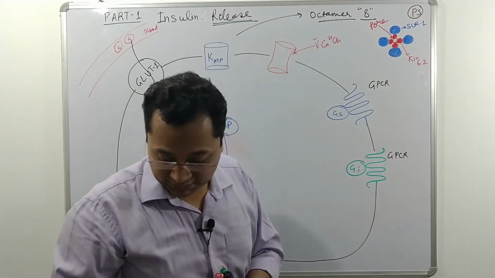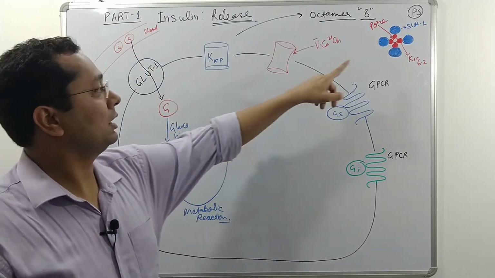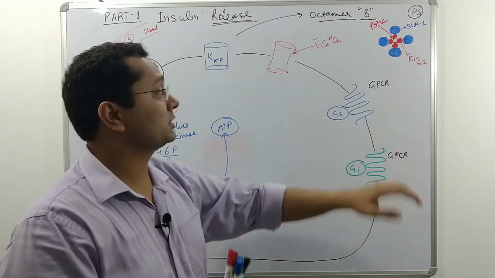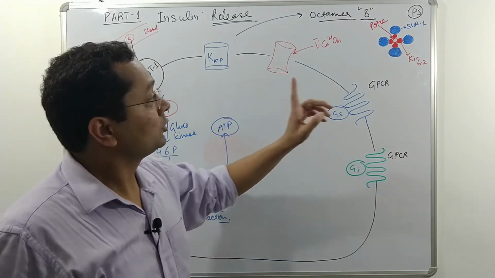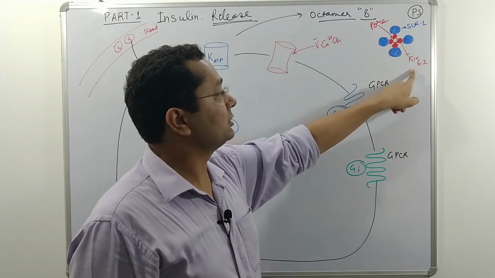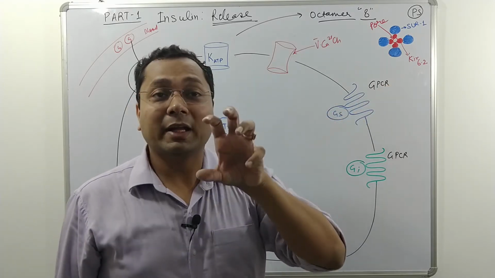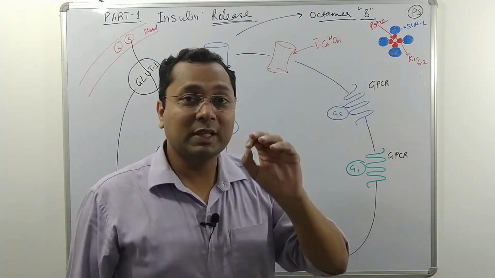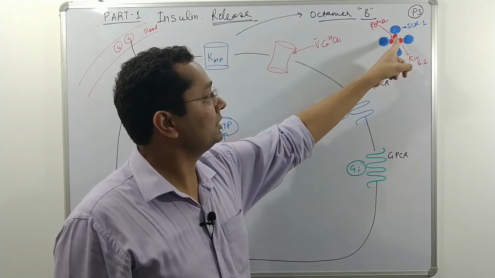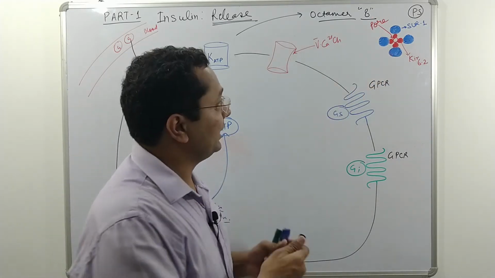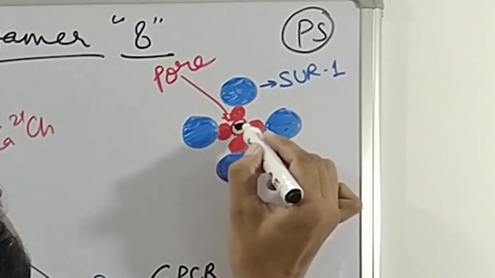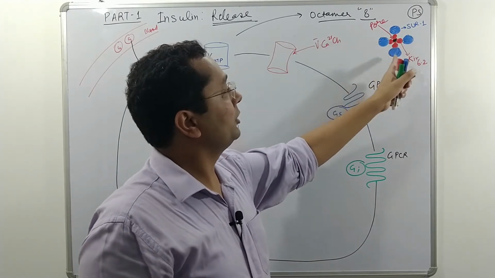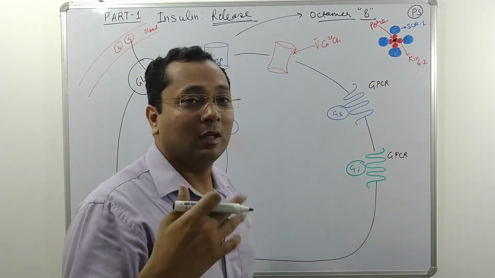Now we have to see this very clearly. This is an ATP sensitive potassium channel, and this is the top view. You are viewing it from the top. We can say it is a transverse section of this ATP sensitive potassium channel. It is made up of two components. First is KIR 6.2. These are actually the potassium channels. These 4 subunits make up the potassium channel, and in the center you can see the central pore. This is the pore through which the potassium will flow, and these are 4 subunits of SUR, sulfonylurea receptor 1.